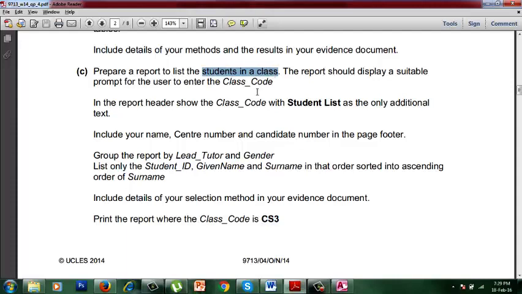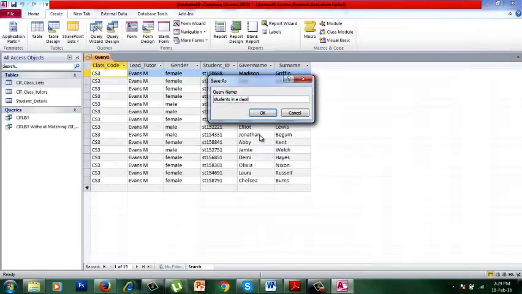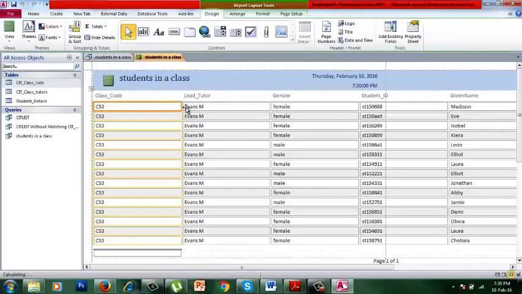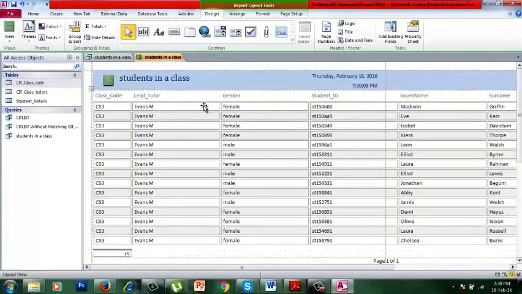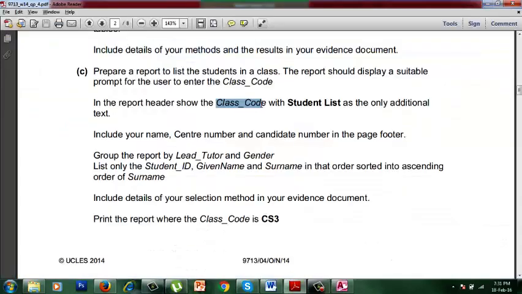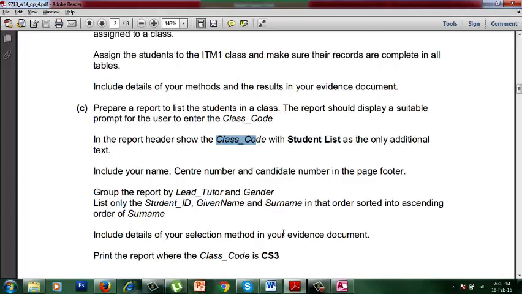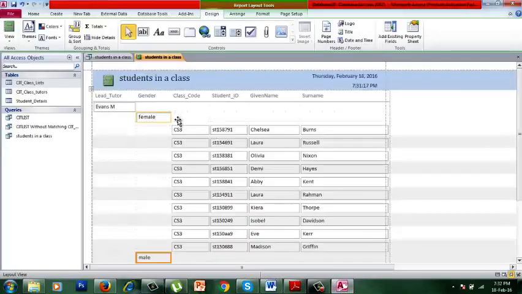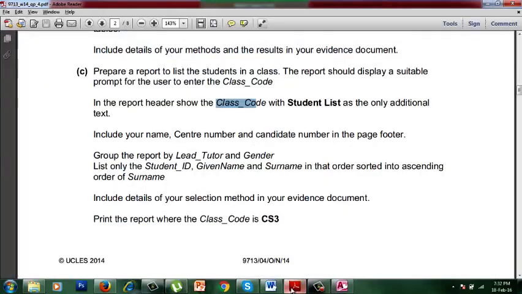Students in class. We're going to name it students in class. There was no particular name. So here you go. Just align it properly. Code with the student list as the only. So class code has to go up. So what we can do is